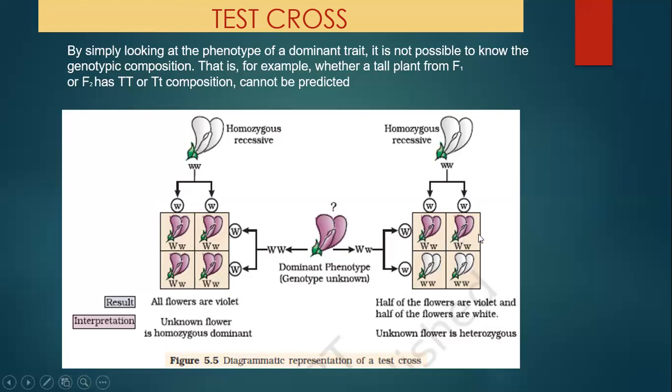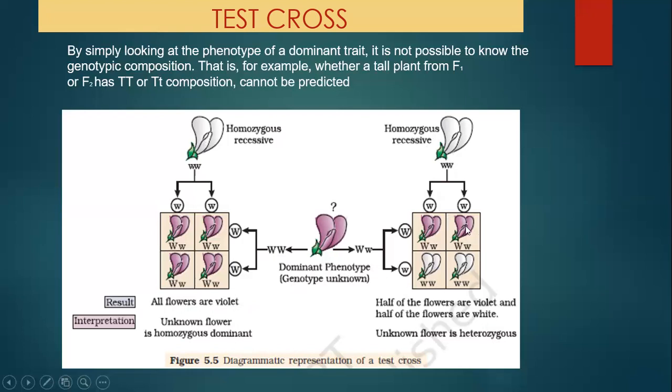Okay, so you have these purple flowers and white flowers which will be obtained in the offspring after doing a cross with the homozygous recessive. And that is how you will conclude. If all flowers obtained are violet after doing a cross with a homozygous recessive parent, then you will identify the genotype as homozygous dominant. That means this purple flower had both alleles in the pair dominant.